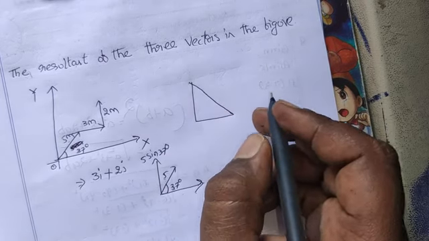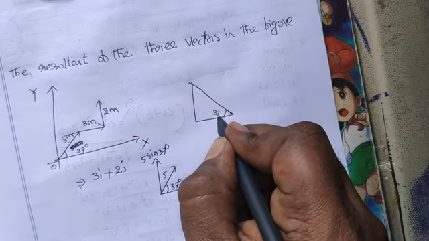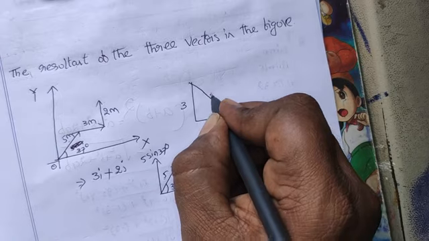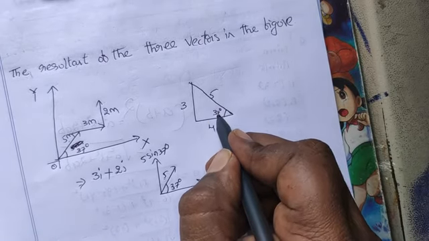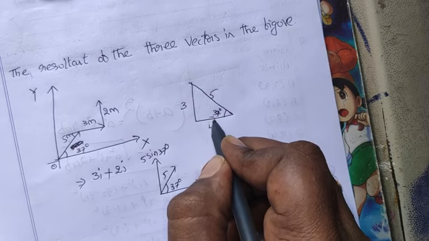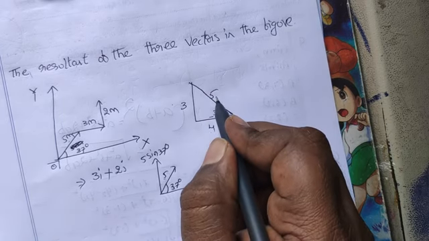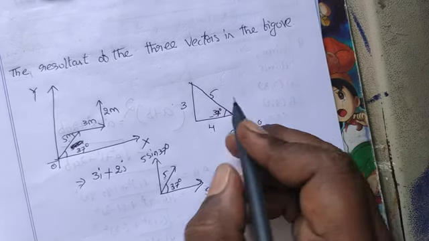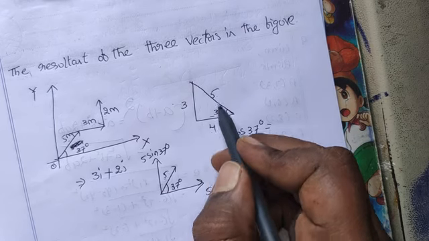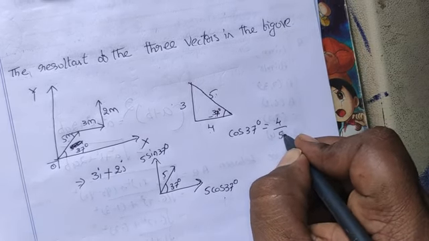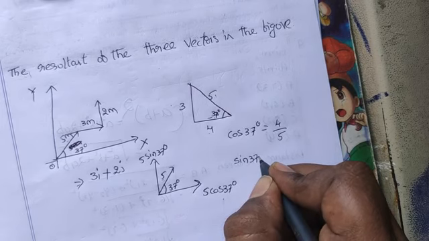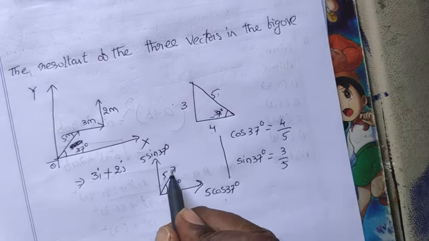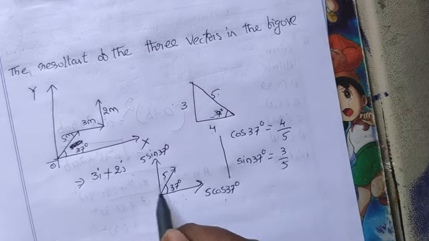According to the trigonometry, if it is 37 degrees, here it is 3, 4, 5. This is the shortcut, easy to remember. Whenever it is 37 degrees angle, the opposite is 3, here 4 and here 5. So what is the cos 37 value now? What is the cos formula? Adjacent side by hypotenuse, that is 4 by 5. And come to sin 37. Sin 37 is 3 by 5. Now, whenever vector 5 is making angle 37, it results into two components.